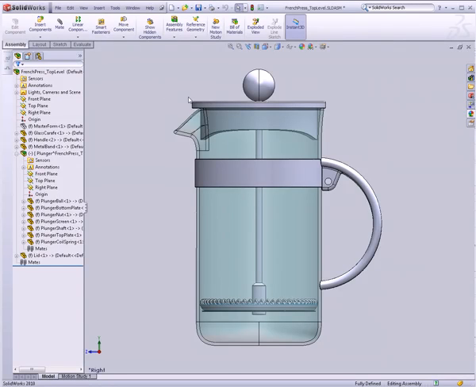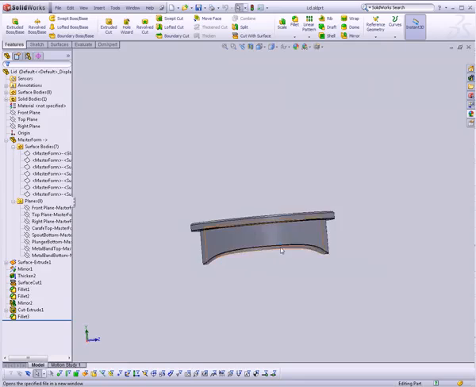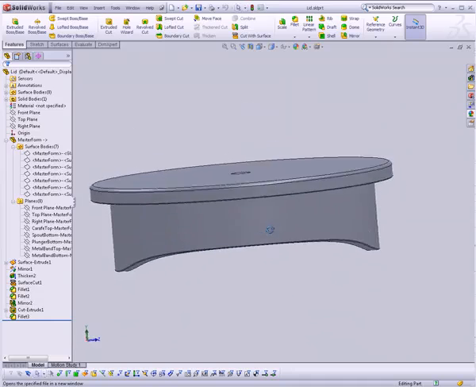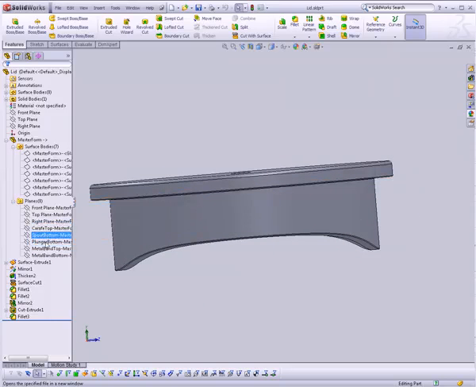Let's add some details to this lid. I'm going to get in here with the lid. We'll go open, part, and we'll just look at that by itself. A couple things I neglected to do before. First of all, I'd like to go ahead and make the thing a little bit deeper, and I think we're going to need to use